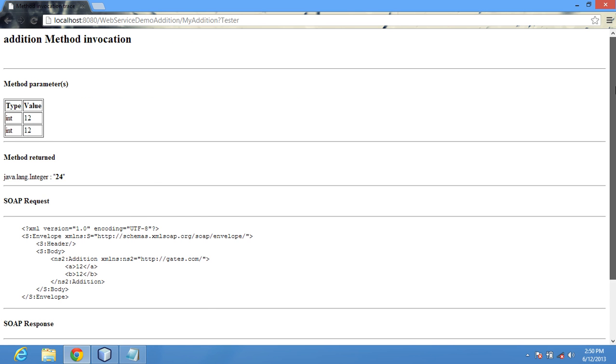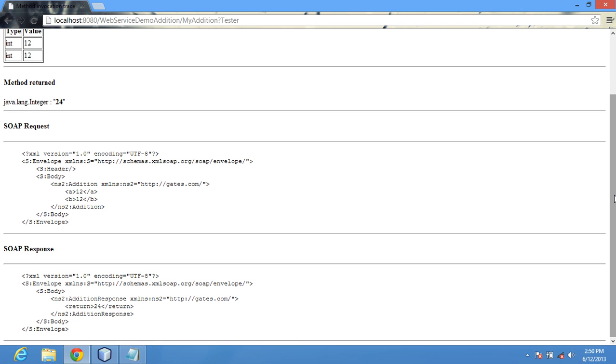You can see here the SOAP request and response, as we discussed before in our first session, about SOAP and the importance of XML in web services. So here is a SOAP response. Just have a look at the XML format. See, we have the two variables a and b with the values 12 and 12. After that, it communicates with the server and WSDL files in the web service process. It returns the value back; see here is the SOAP response, 24.